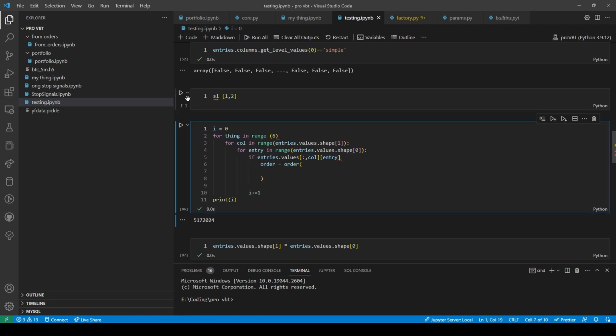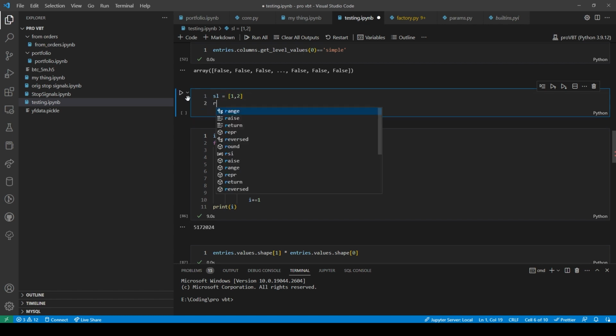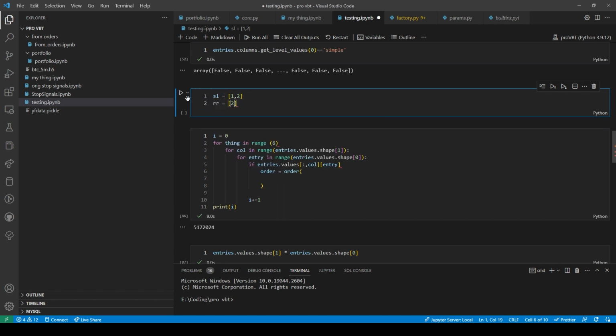And then we have the risk reward equals 2, 3, 4. So we have 2 times 3, which is 6. So here we say for thing in range 6, for call in range this, for entry in range this,